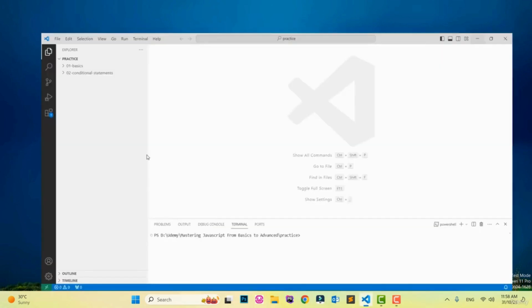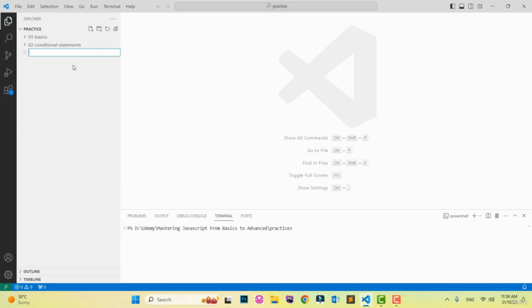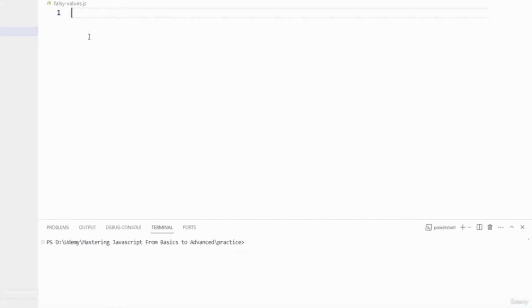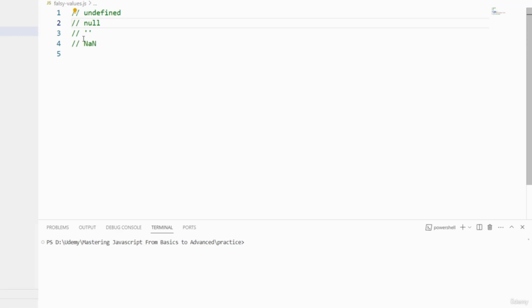So let's open a text editor and create a new file with the name of falsy values.js. We have different falsy values. The first one is undefined. The second one is null, and then not a number. Let's comment it